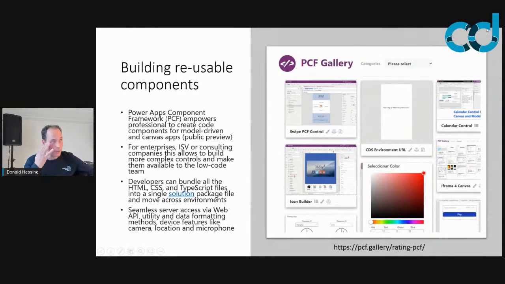Within Capgemini, we have around 200 components at the moment being built and made available towards our citizen developers. And that can be either styling or more complex UI scenarios for which there is no component at the moment. But because this is all based on standard web technology, it's relatively easy for front-end developers to develop such a component and make it available to the Power Platform.